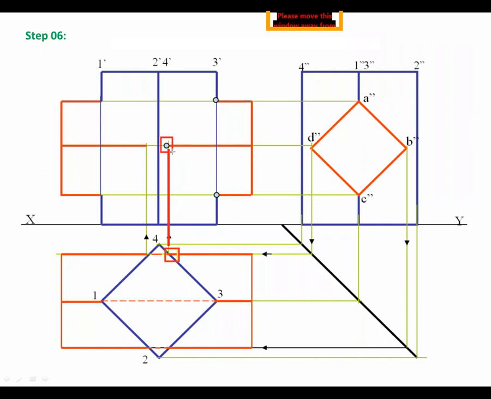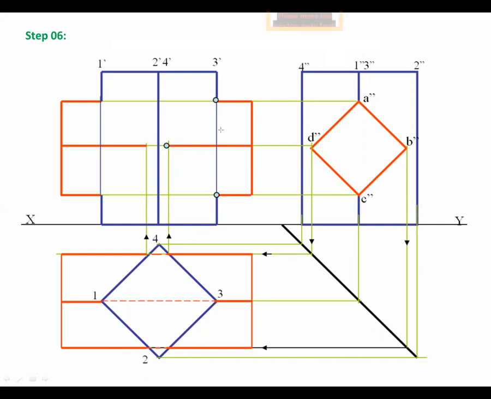Here, with the help of 3 circles, small points, they have mentioned the intersecting points in the front view.